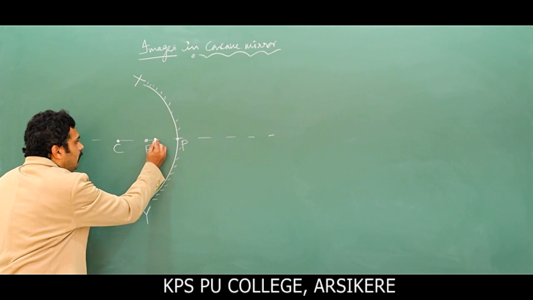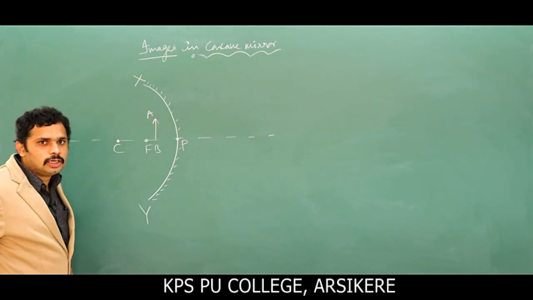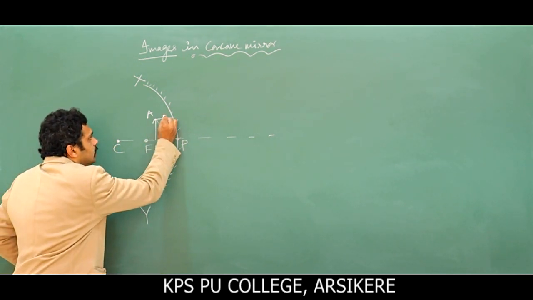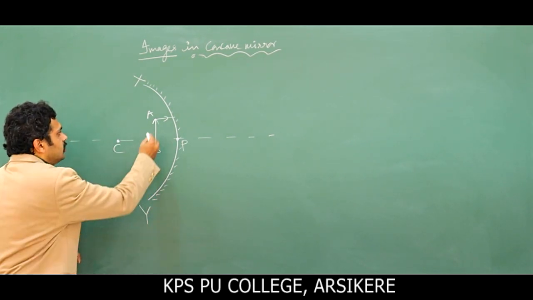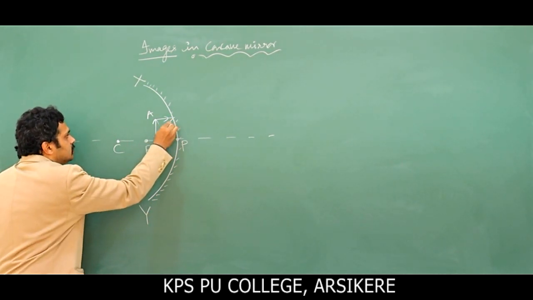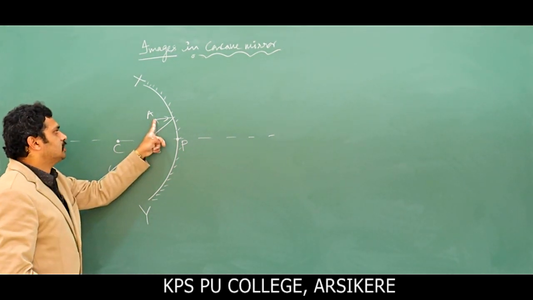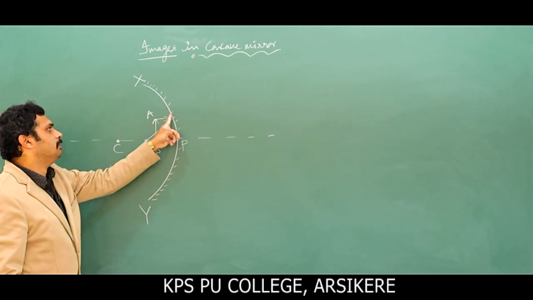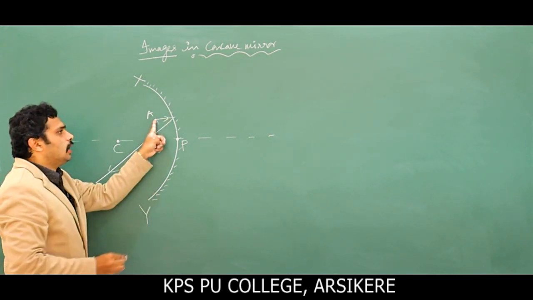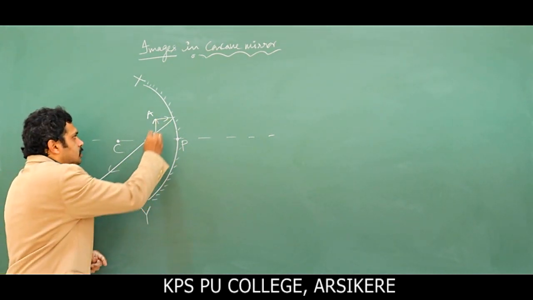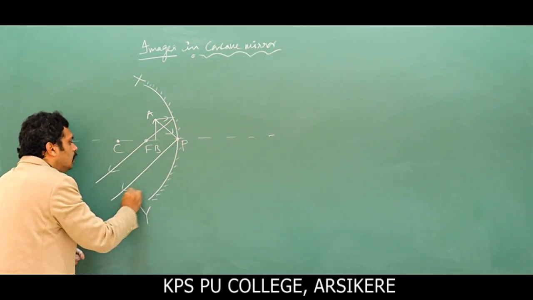You got it? Now I am placing the object within the focus, AB. AB is the object. From the object you consider two to three rays of light. Here I am using two rays of light. First, the ray parallel to the principal axis; we know that it will pass through the focus. Now from the object you have to pass the ray through the center of curvature, but don't take C here, the mirror is here. If you take C, it goes as it is, that is no use. You take the ray of light from the object and it falls on the pole. You know that at the pole it obeys the laws of reflection.